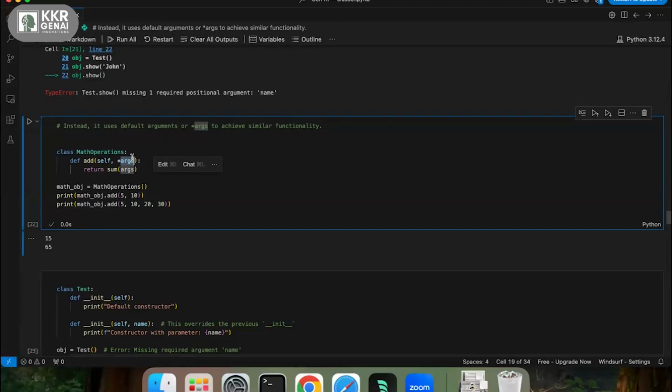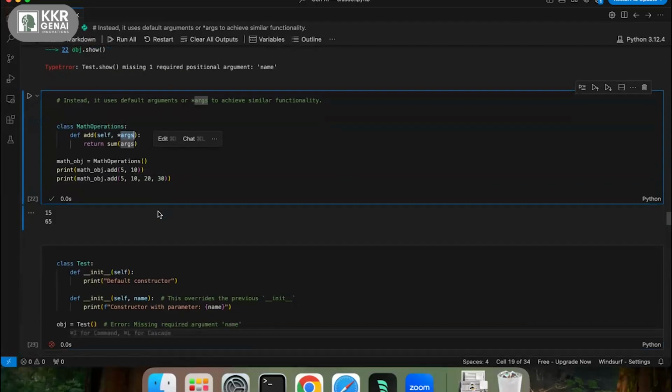It can store 5 comma 10 in args, and then 5 comma 10 comma 20 comma 30, and then you can perform whatever action you want. You can print, or you can perform all the operations. This is how we achieve method overloading in Python.